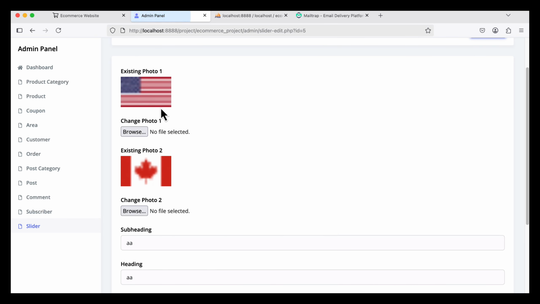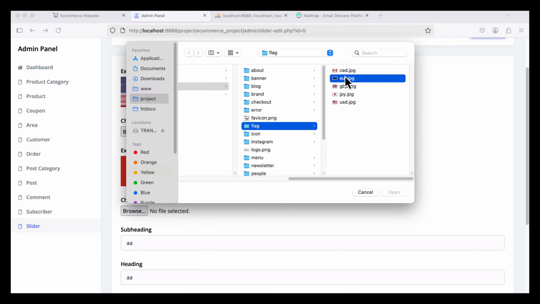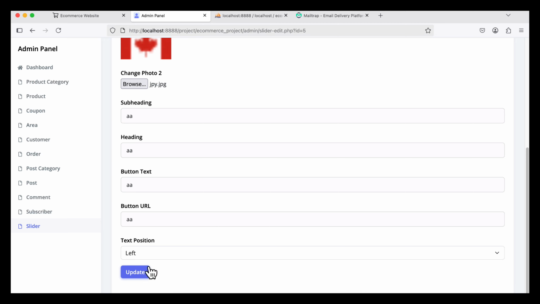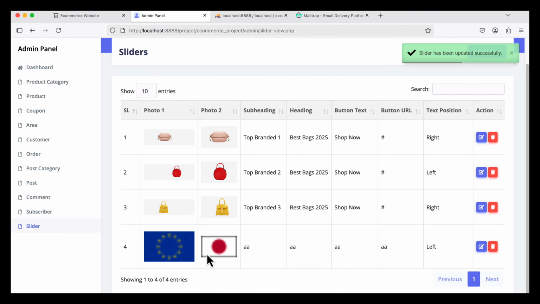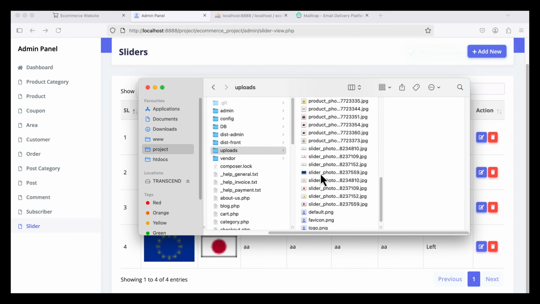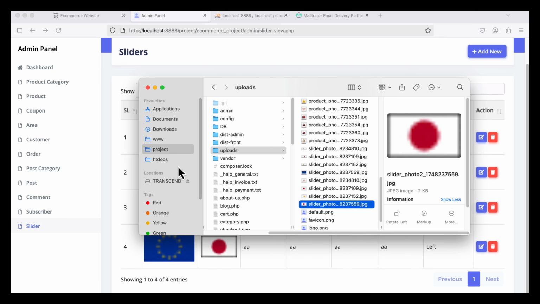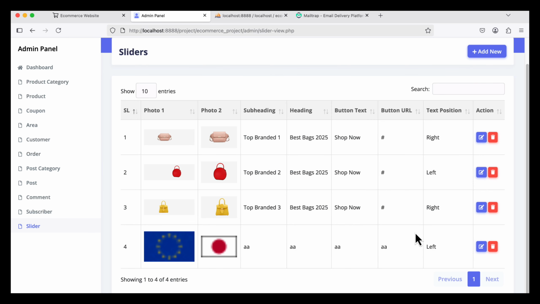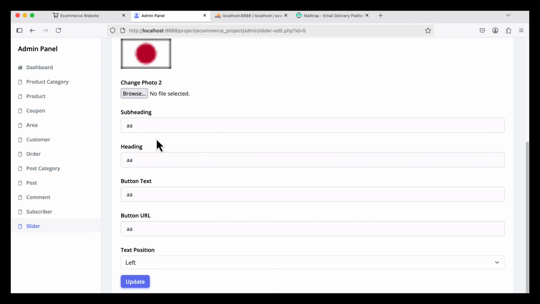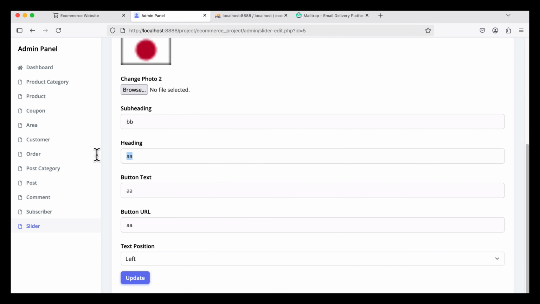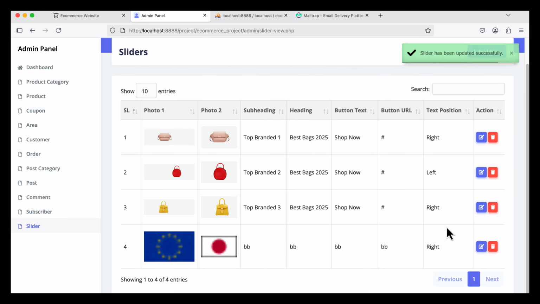So okay, I'm going to refresh. Now I am going to change the photo 1, that can be this flag, and photo 2 will be another flag. So let's update. You see these two photos are updated. If you go here, you see this is the new one and this is the new one. The previous two are not here. That means it is working. If you want to update the other data, that is heading, subheading, and other data, also write update. You see